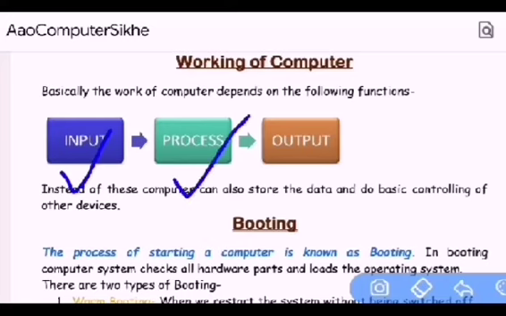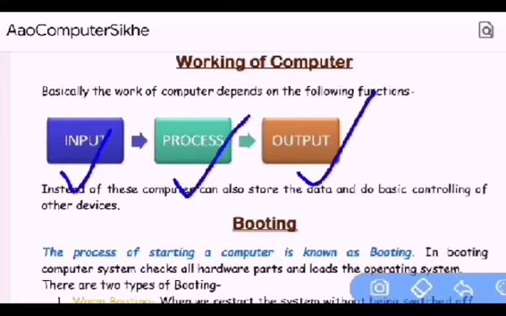It means conversion of inputted data into meaningful information is called processing, which is done by CPU. And the third is output. Final results which are generated after processing is called output. These results are displayed by output devices.